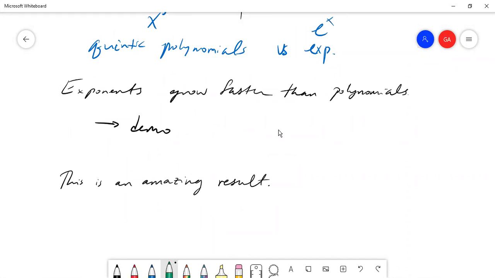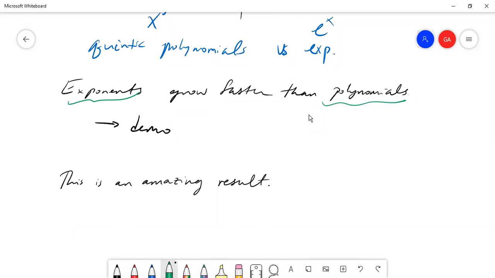this will make more sense to you. But it turns out, well, I don't know, this might not make sense to you. But this is a result from calculus that exponentials can be written as an infinite sum of polynomials. So it's amazing to me that exponentials can grow faster than polynomials when exponentials are just the sum of polynomials. And in calculus, you'll find, so again, this is not on the SAT, but for the